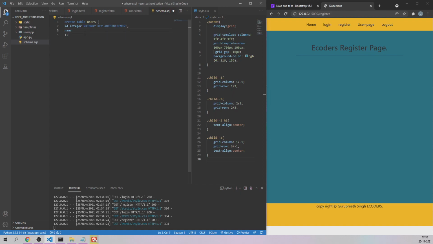Then I'm going to take the name of the user, and this is going to be text and not null. The user cannot leave this column empty. Then I'm going to ask for the password of the user, keep it as text, and say this is also not null, and give a comma at the end. And here I'm going to mention whether he's an expert user or not. So I'm going to have a column called expert, which is going to be a boolean value, and we cannot leave it as null. So let's keep it like this.